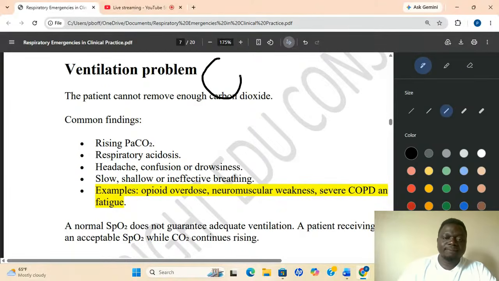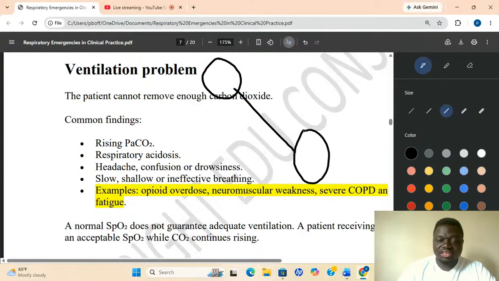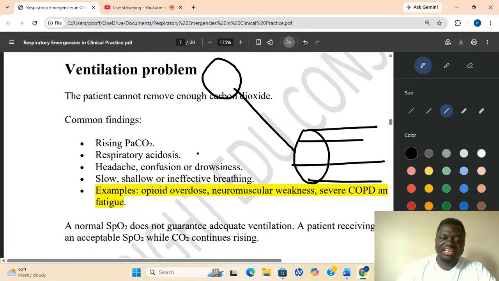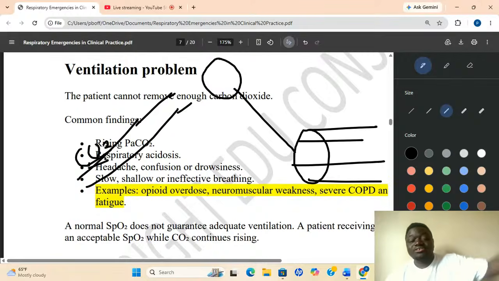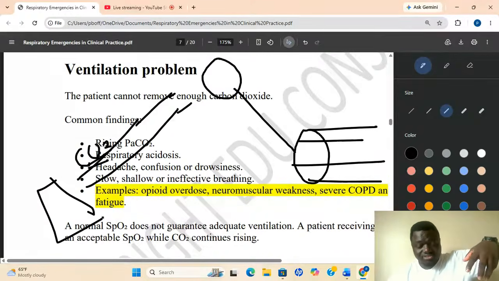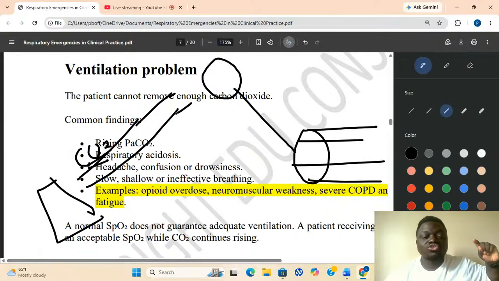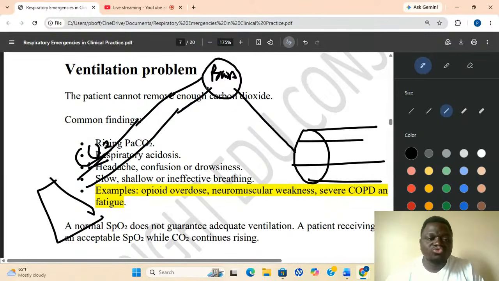This is my brain, and this is my lungs, with the muscles and everything attached to it. And this is my bloodstream. In the bloodstream, there is CO2 coming from the cells. This is the cell. They will go to the heart, and the heart will pump some to the brain. When this CO2 gets to the brain,